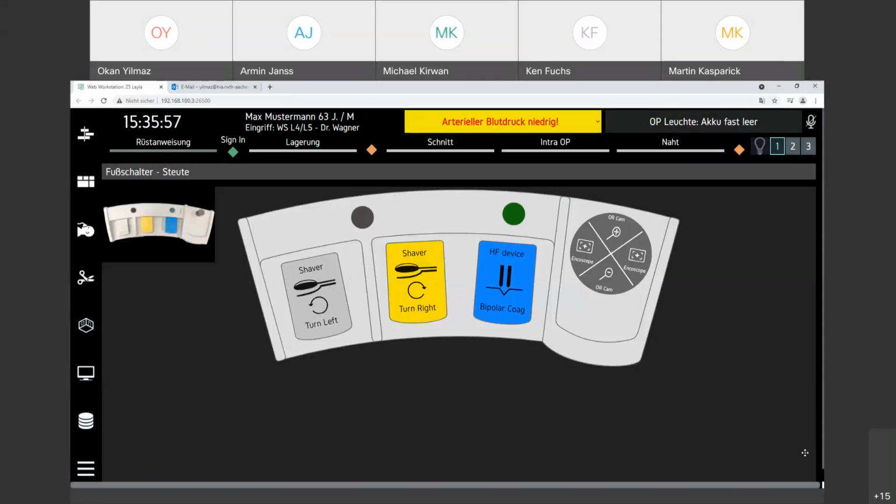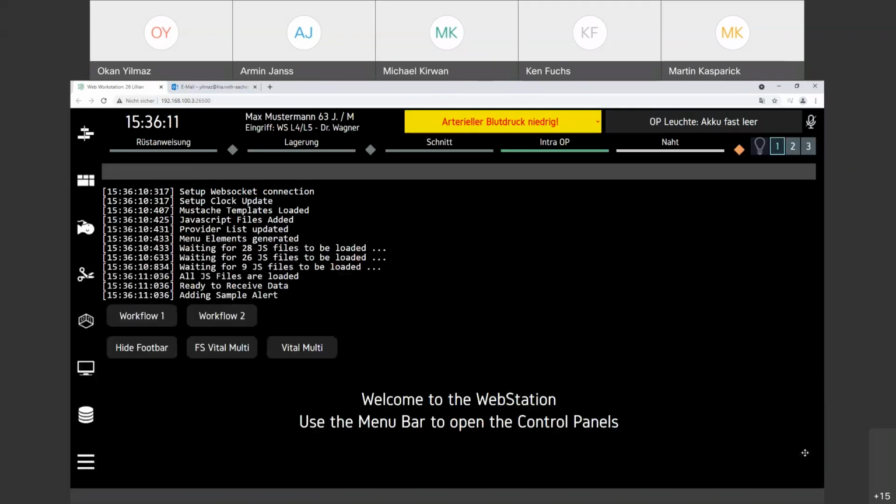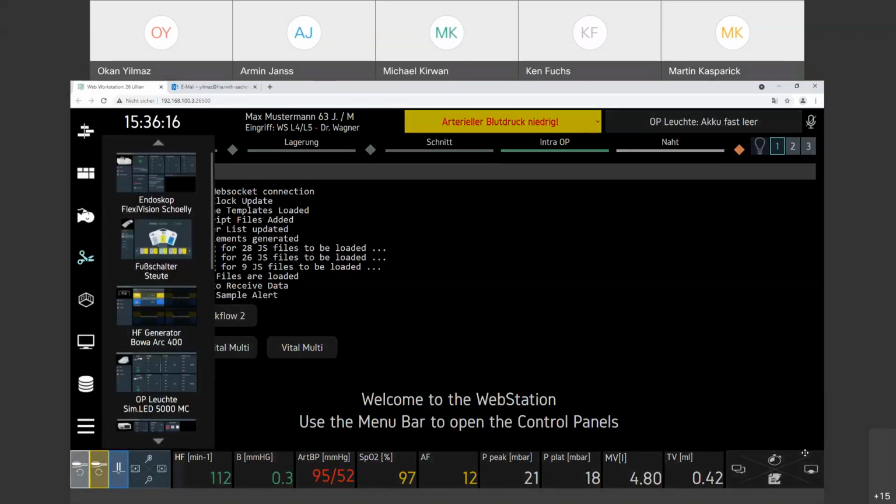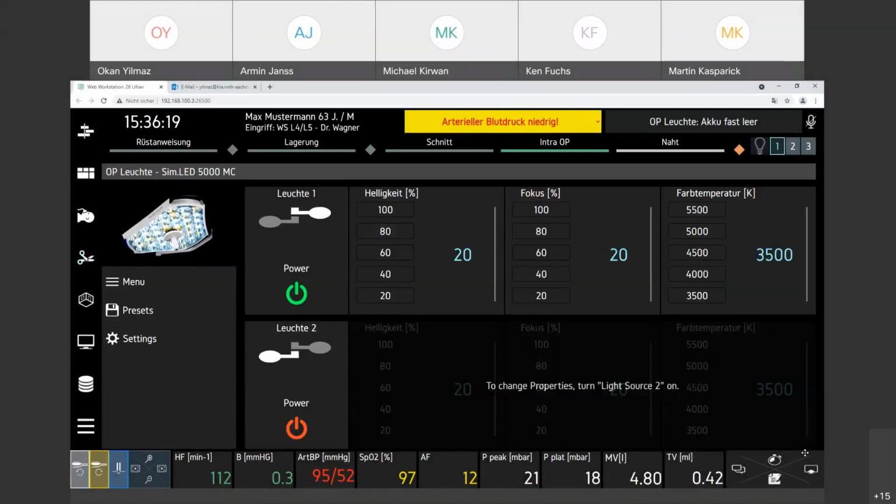Maybe one addition, Okan. As you see, there are some solutions regarding the control from the sterile area. So if this is, for example, used with a sterile foil or with a foot switch, the universal foot switch, we give much more flexibility to the surgeon. And we also were working on different kinds of approaches with gesture and voice control, and we are right now